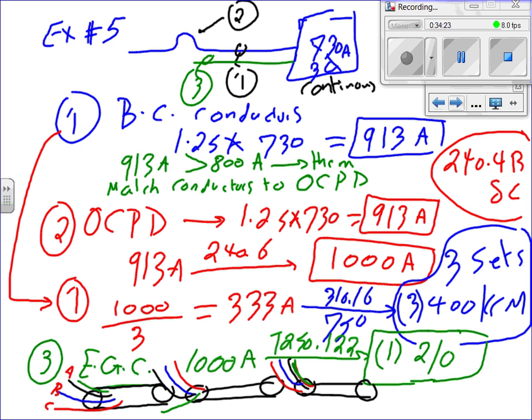When we parallel conductors, guys, everybody knows, the way I did them here, all conduits of these have to be the same, EMT or rigid or PVC. All the conductors must be the same size. The insulation must be the same. Termination must be terminated the same lugs. And what else did we forget? Length, most important. You have to measure them and cut them the same length. Because if you don't do that,